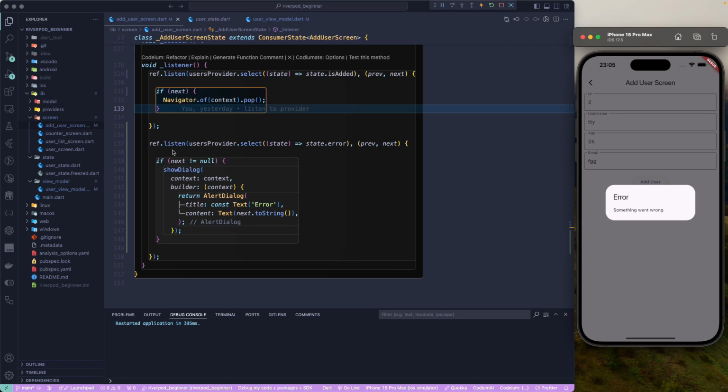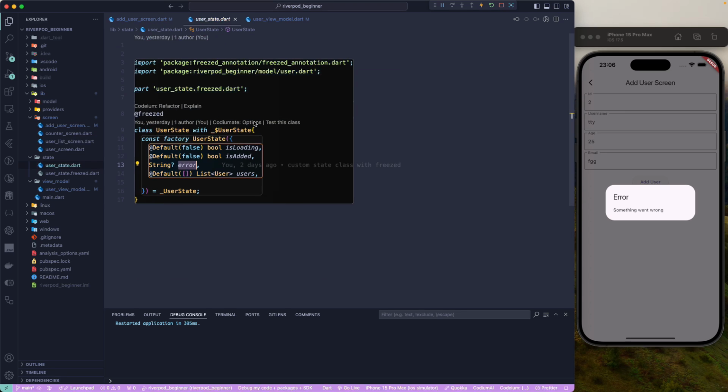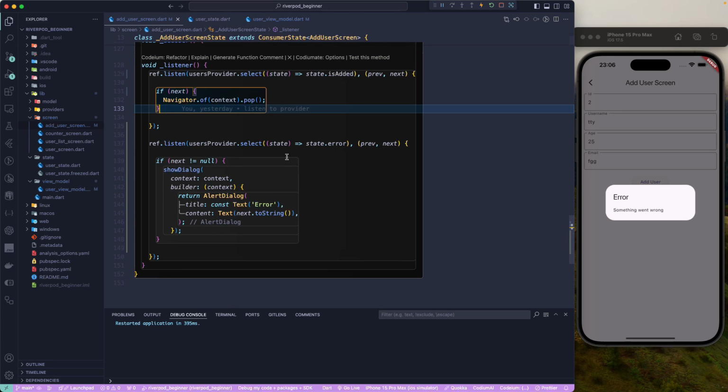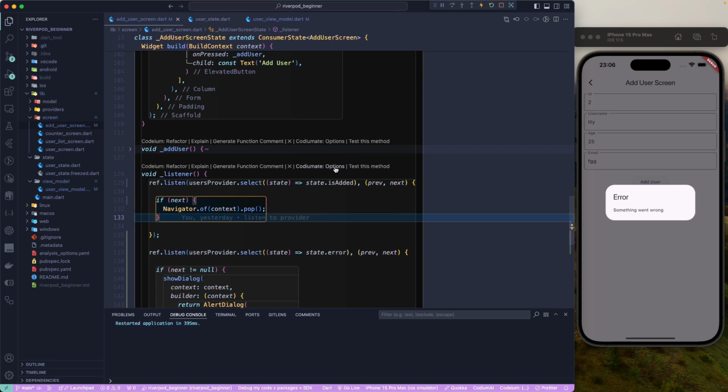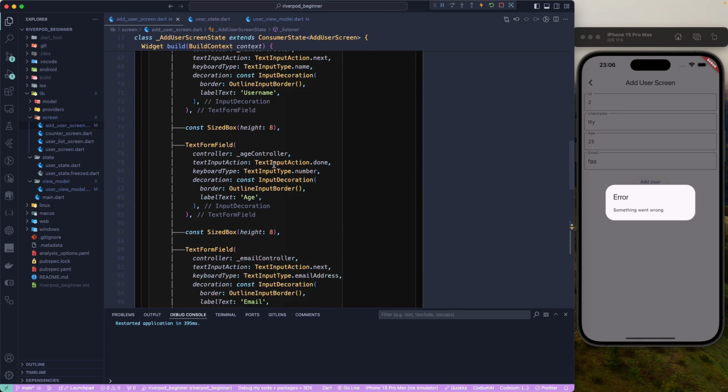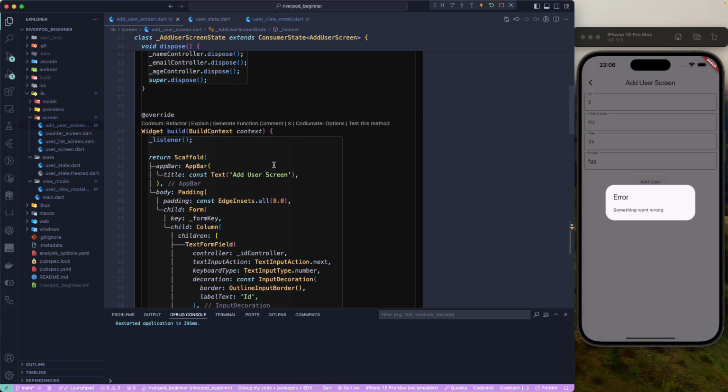So now we have the listener for a specific state change. So I want to just listen to the error state change as well as the each added, and the rest I don't want to listen to, right? You may have a lot of state in this particular custom user state, but what we are doing is we are just going to listen to a specific state, so we can select that one. Similarly, we can do the same thing for our